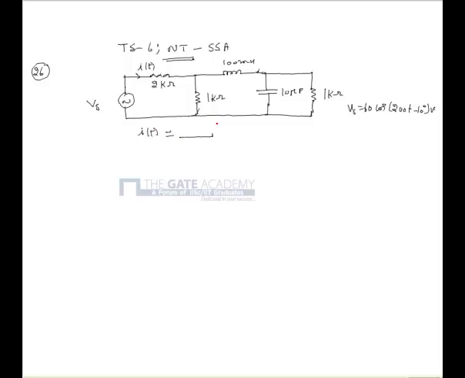For finding the current i(t) delivered by the source, we see that the circuit is operating at 200 radians per second. By converting the given circuit to phasor form, we can redraw it as shown, and the voltage is Vs, which can be written as 60 phase minus 10 degrees. Here we are considering the peak values,